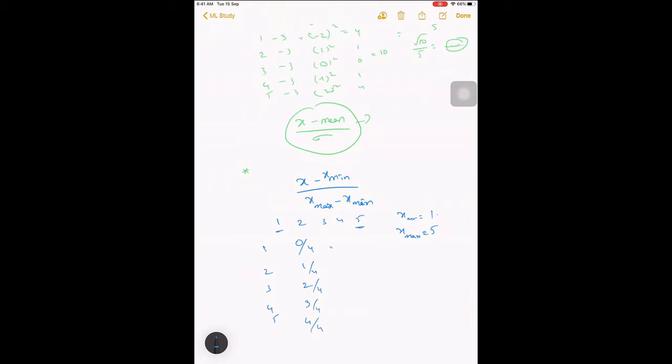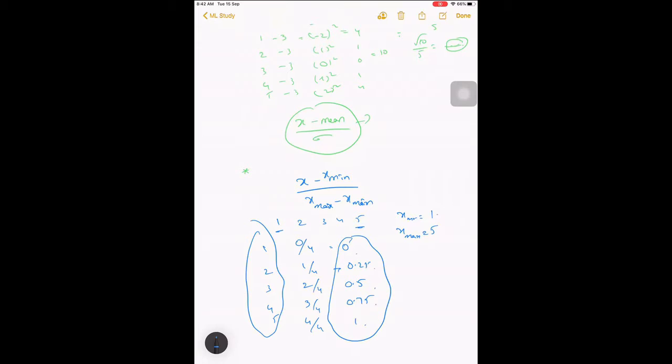So what are you getting here? 0, 0.25, 0.5, 0.75, 1, right? So these 1 2 3 4 5 have now become 0 to 1.